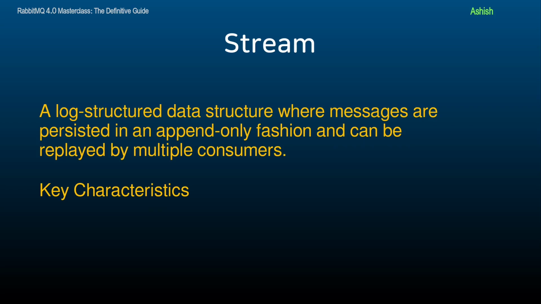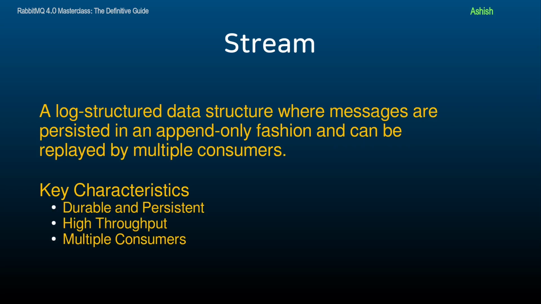Now let's go over RabbitMQ Streams once again, because now we are going to practice RabbitMQ Streams in coding. So I'm not going to repeat everything that we have learned so far, but I'm just going to go over the highlights once again. RabbitMQ Streams is a new messaging model introduced in RabbitMQ version 3.9 onwards. It is designed to handle very high throughput, large volume, and ordered message streaming, similar to Apache Kafka, but with